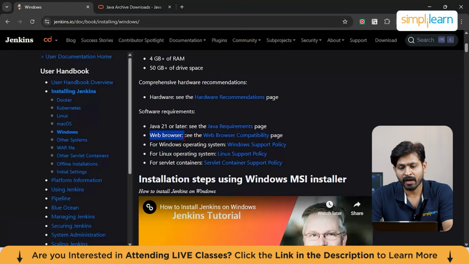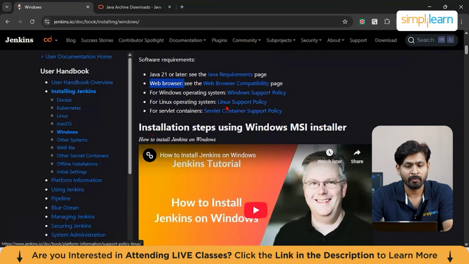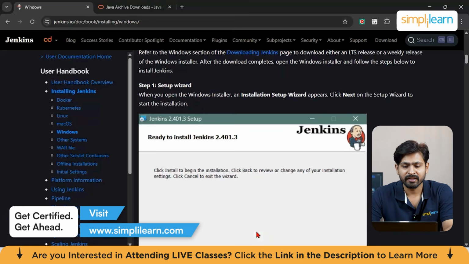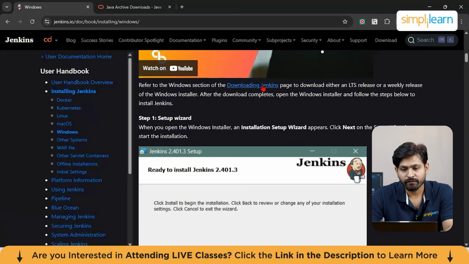And for a web browser, you can have Chrome. These are the different support policies for different operating systems. You would also find an official video here. You can take help from it. This is from the Jenkins team only, and it is a very easy process, guys. Now, for installing Jenkins, all you have to do is go to